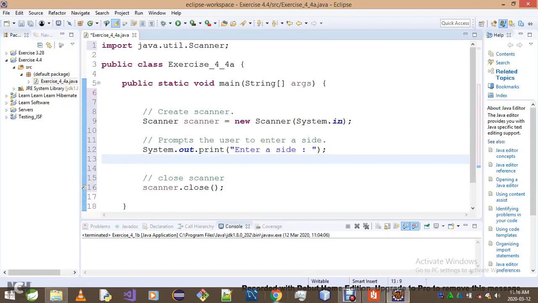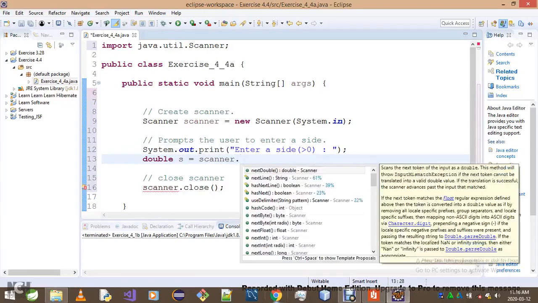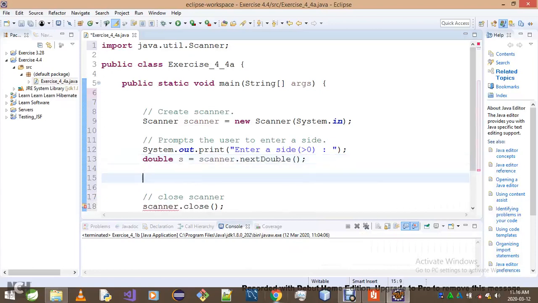What I'll simply do, let's just put this greater than 0. Okay, double, I'll have a variable called s. I'll simply go input. I've named it scanner this time. Okay, so once I've declared and initialized this variable, first thing I want to do is to make sure